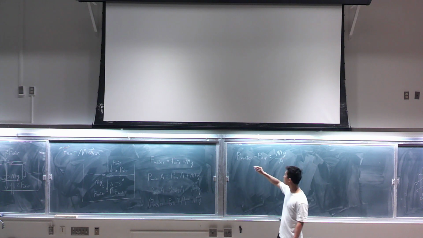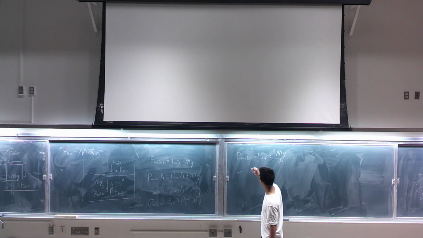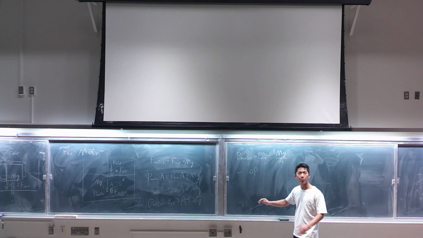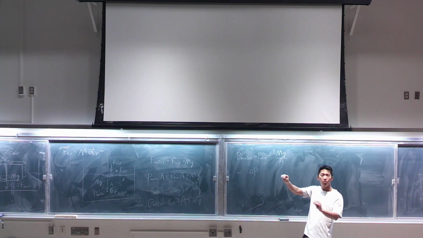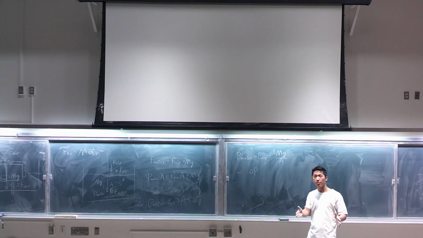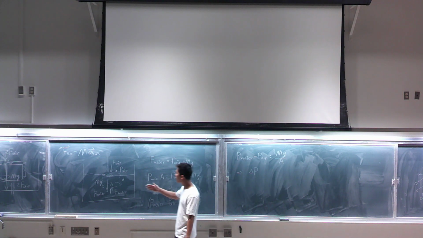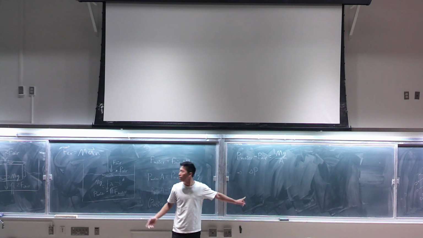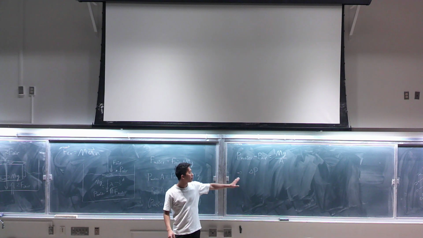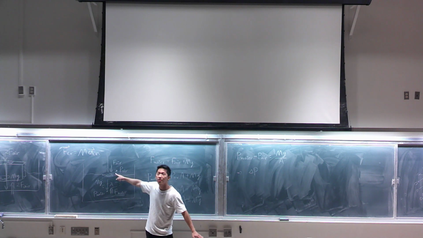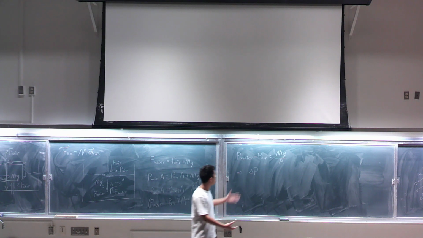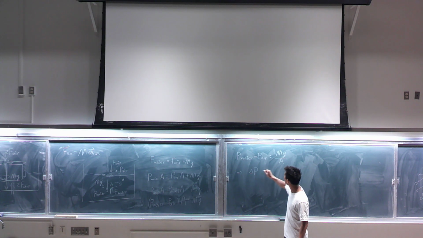Let me write this as delta P because it's a difference. But now, I'm not taking the difference between two time instants. When we talk about velocity, we are taking the difference of the position at two different times. But now, I'm looking at the pressure up here and down here at the same time. This difference stands for different location. I'm looking at the pressure of different locations at the same time. This delta is the difference in location. Okay? So the pressure difference will be